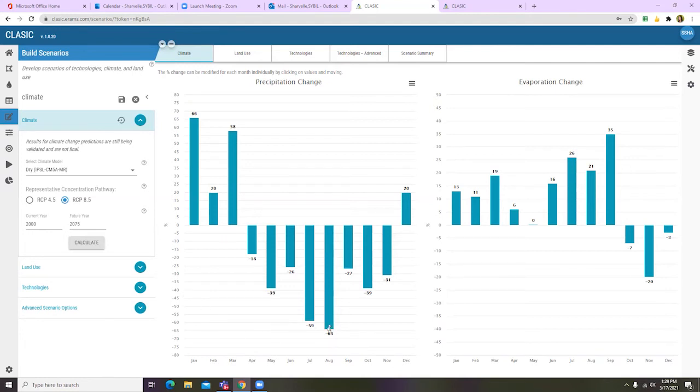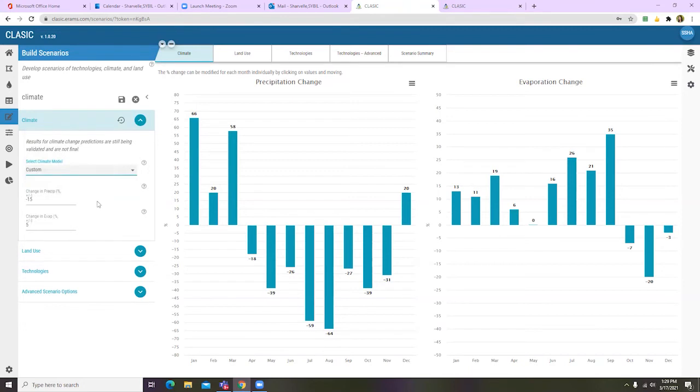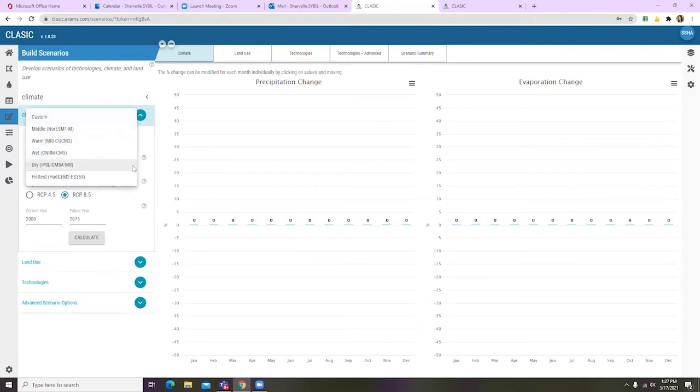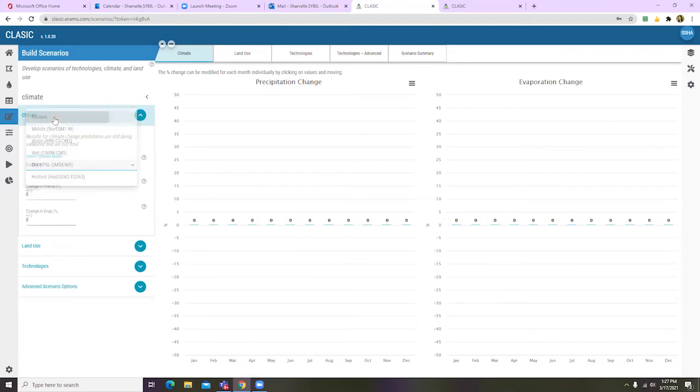Because CLASIC works with annual averages, it's sometimes better to just use the custom setting, where you can manually change the precipitation and evaporation to get to a scenario that would be of interest and look at multiple different scenarios of climate change in that fashion. In this case, I'm going to go ahead and just pick custom. This is one of the better ways, I think, to run climate models in CLASIC,